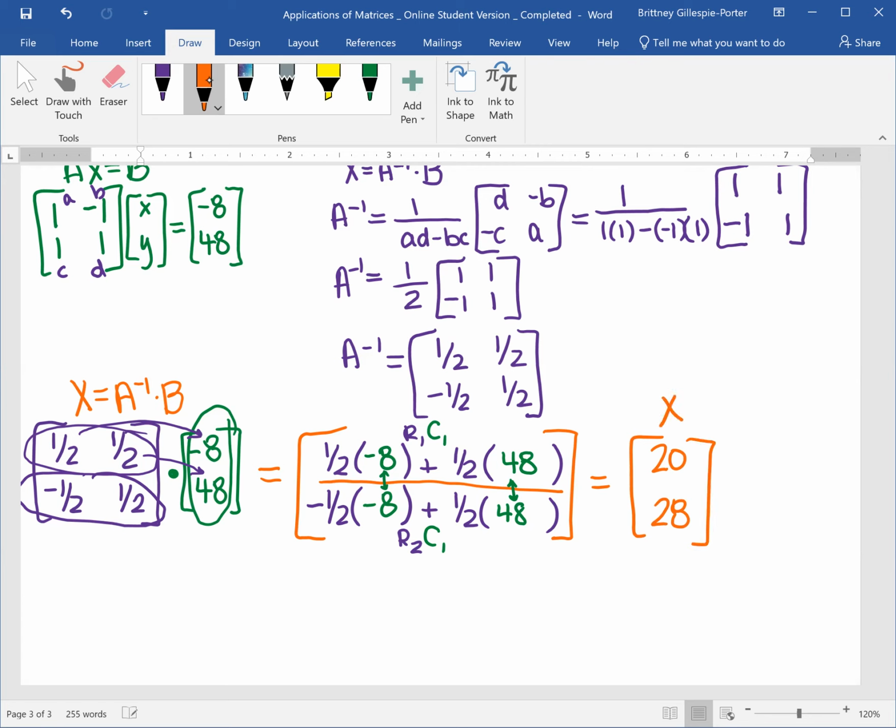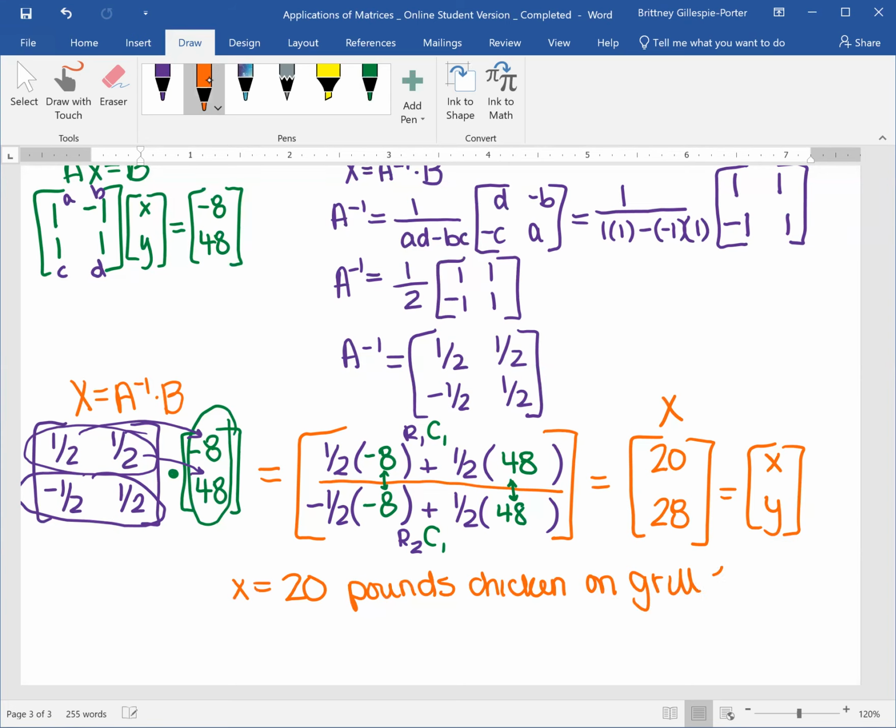You're not going to leave your answers like this. Remember, this is our variable matrix, little x, little y. And you need to explain what this means. So x is equal to 20 pounds of chicken on the first grill, or grill 1. And y is equal to 28 pounds of chicken